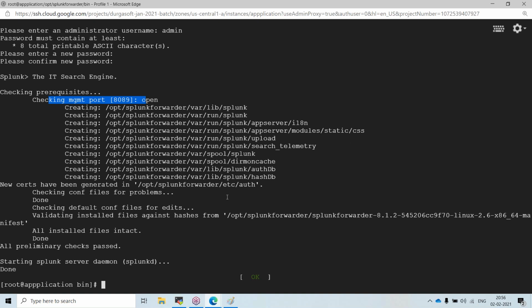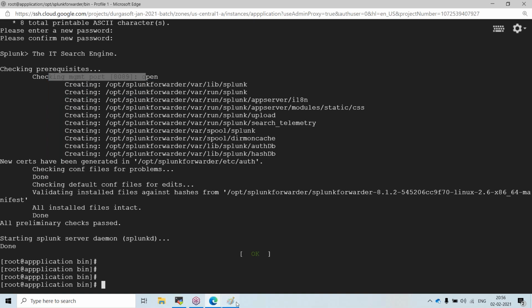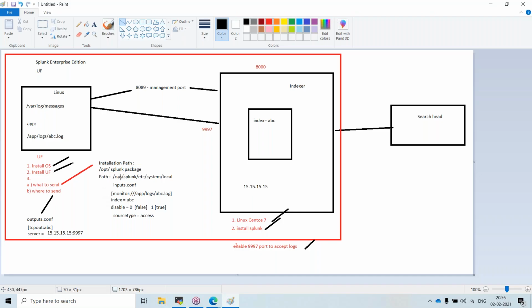Okay, my Splunk universal forwarder is started. As per my diagram, I have to go to which path? /opt/splunkforwarder/etc/system/local, and I have to create something like an inputs.conf. Okay, I will do this now.